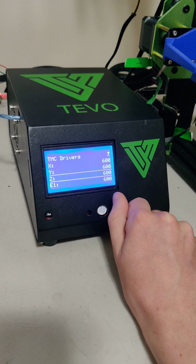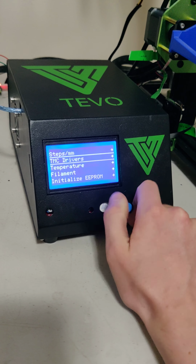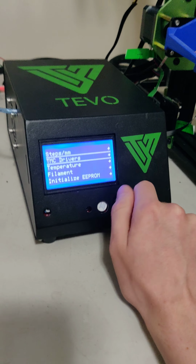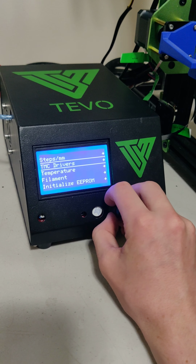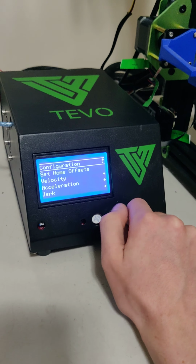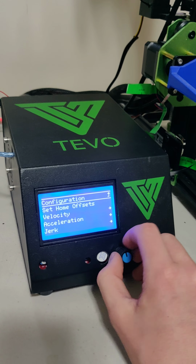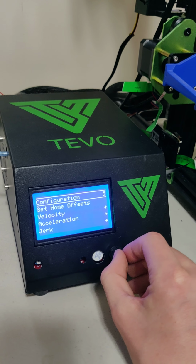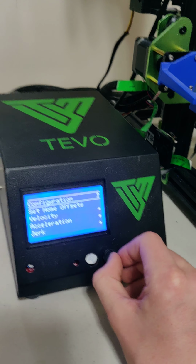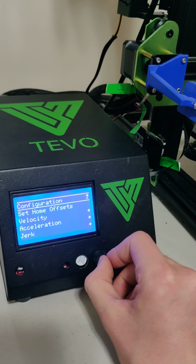Driver current 600 across the board, which is what I found in an online configuration for not Marlin firmware. I think it was like Klipper or something like that, but it was the closest thing I could find, since I couldn't find any information on my stepper drivers or stepper motors, and I didn't want to go with the information or the position of the potentiometers on my old MKS